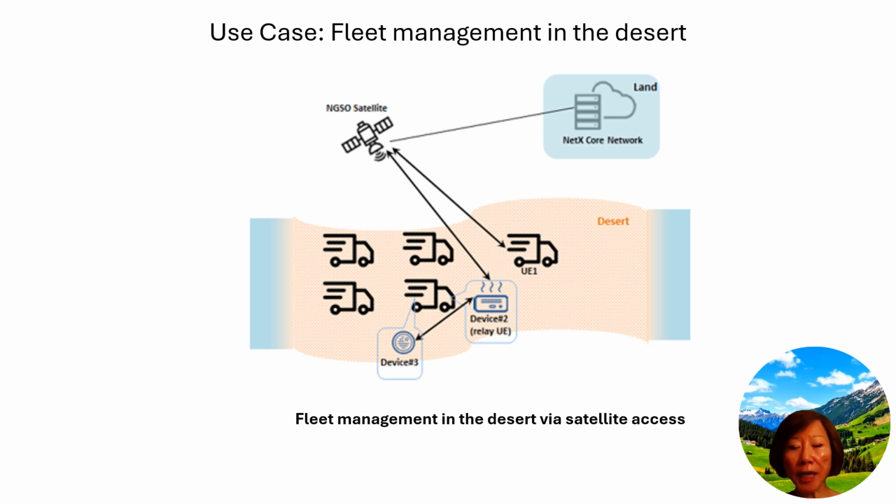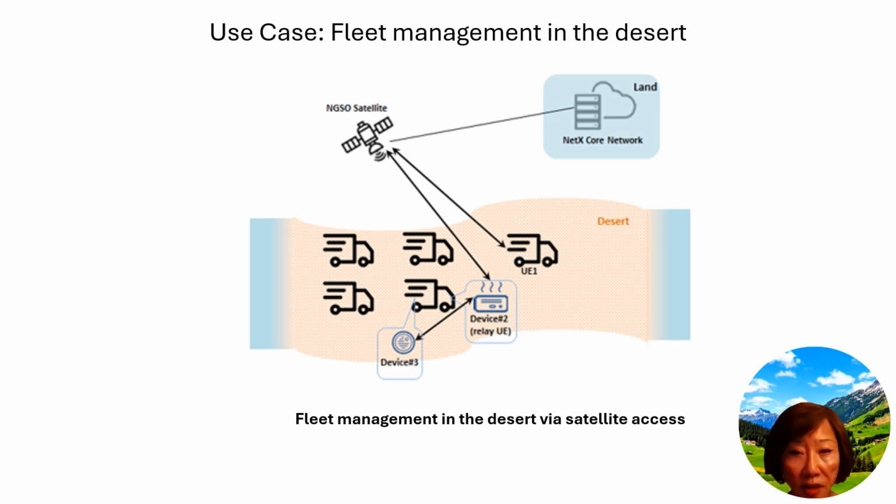The system likely allows for real-time tracking of vehicle locations and status. Vehicles and devices can send operational data, status updates, and potentially receive instructions via the satellite link as well. The desert setting implies the need for robust communication solutions that can operate in challenging environmental conditions. We are talking about very harsh environment operation here in the desert.